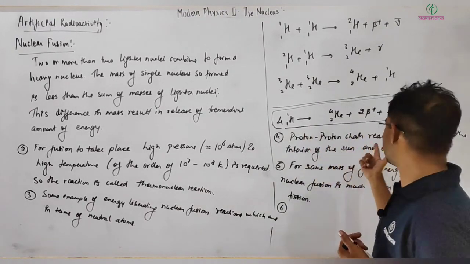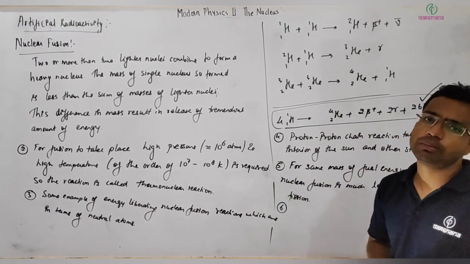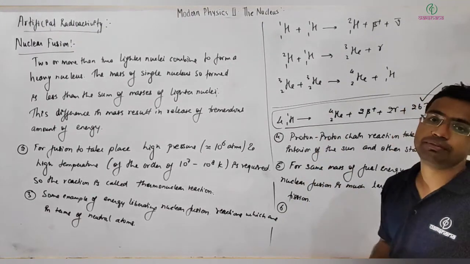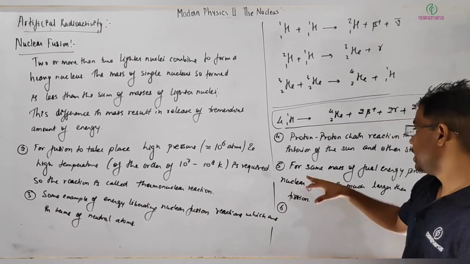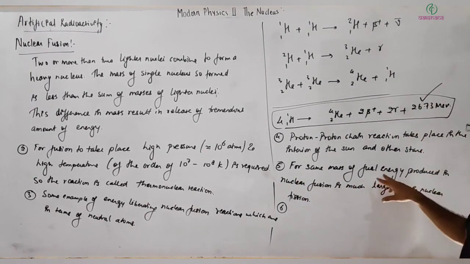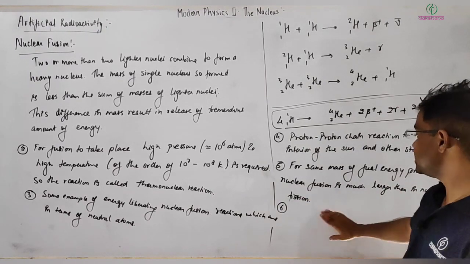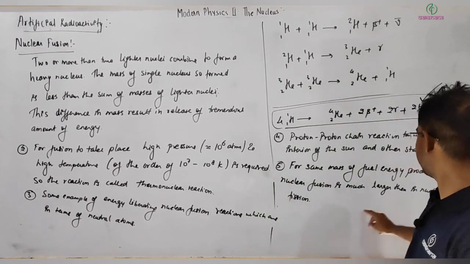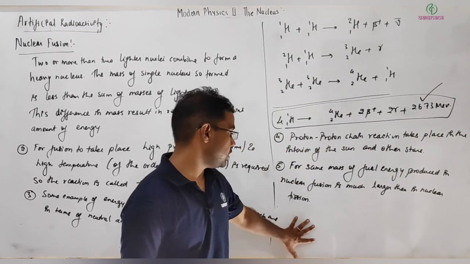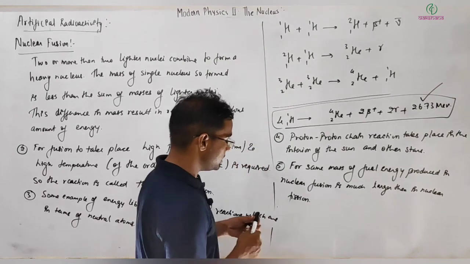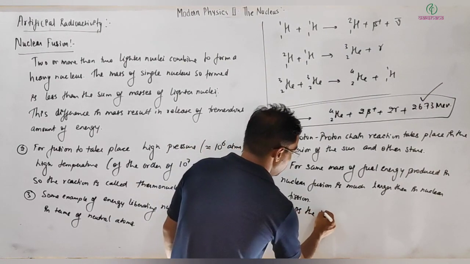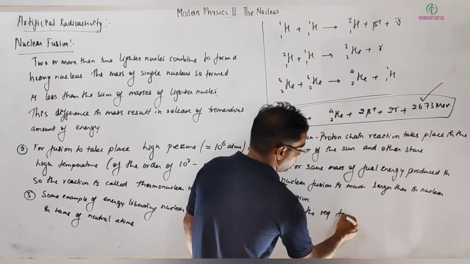So here the proton-proton chain reaction takes place normally in the interior of the sun. So the way the sun produces energy is by the nuclear fusion process of protons. Now next, for the same mass of fuel, the energy produced in nuclear fusion is much larger than the energy produced in nuclear fission. And another thing is,